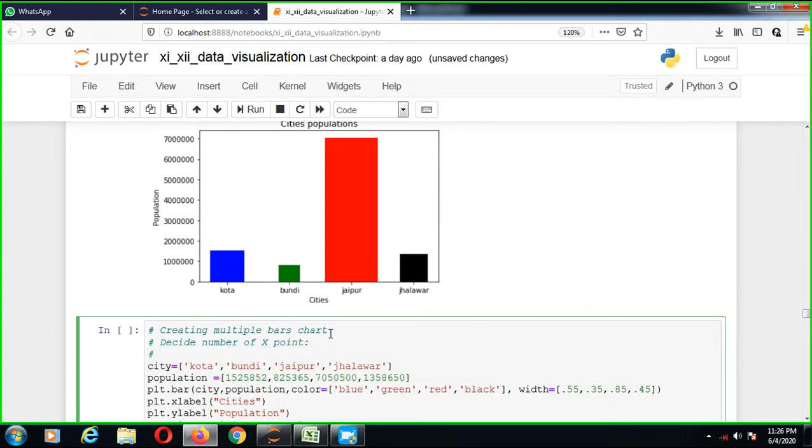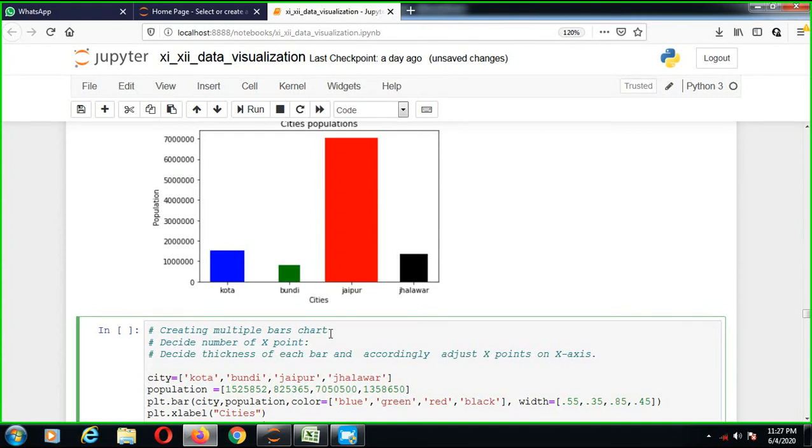Second, we need to decide the thickness of each bar and accordingly adjust the x points on the x axis.